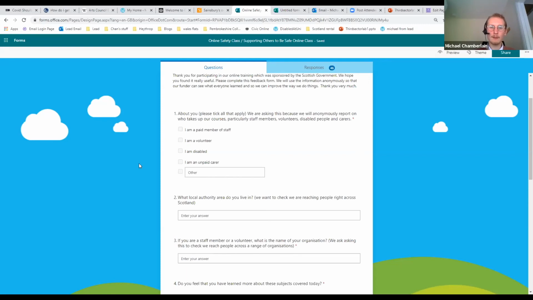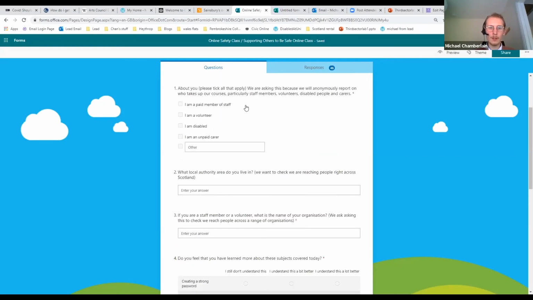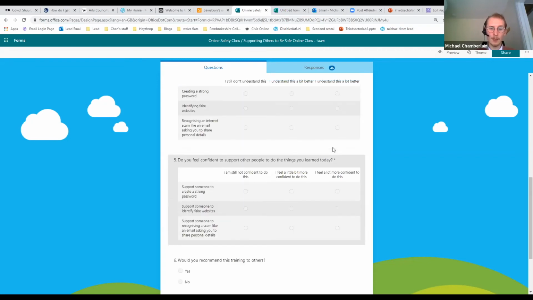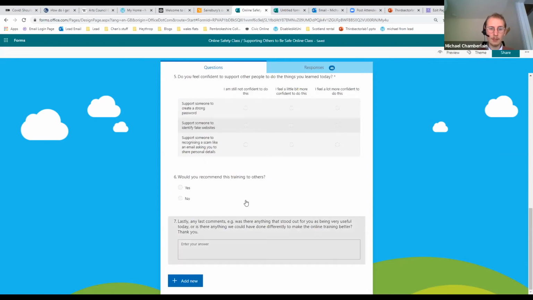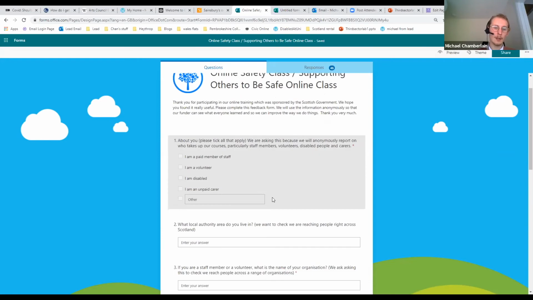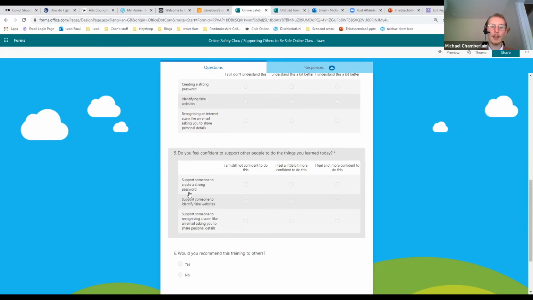So this is a forms builder. This is from some classes that Lead ran a little while ago. We've got our questions there. If I was to submit this, if I was to go through this without answering that mandatory question up at the top, it would say, you have not answered question 1. And it would flag it up with a red outline, and it'd be really simple for me to see which question I've not done. None of the other questions are mandatory. Oh, no, sorry, 4, 5, and 6, 4 and 5 are mandatory,